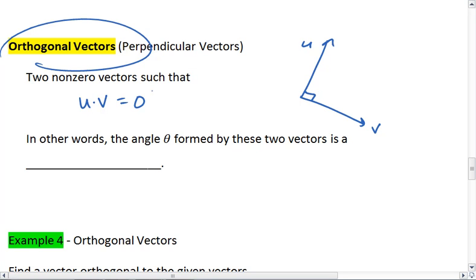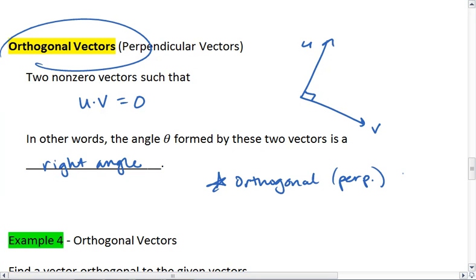In other words, the angle theta formed by these two vectors is a right angle. But just so you make sure that you have these down, orthogonal vectors have a dot product that is equal to 0. So orthogonal or perpendicular vectors have a dot product that is equal